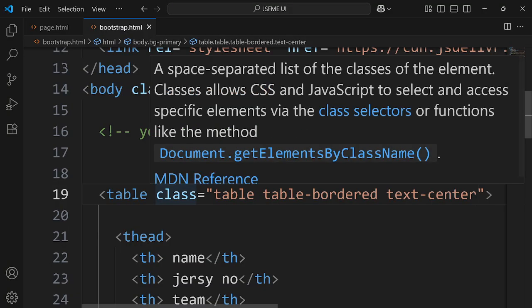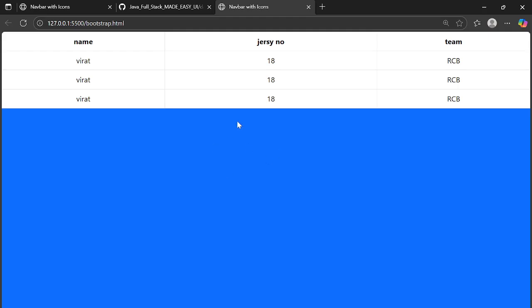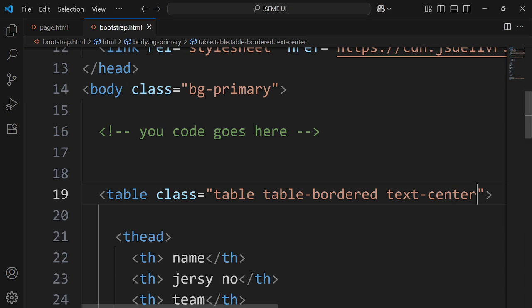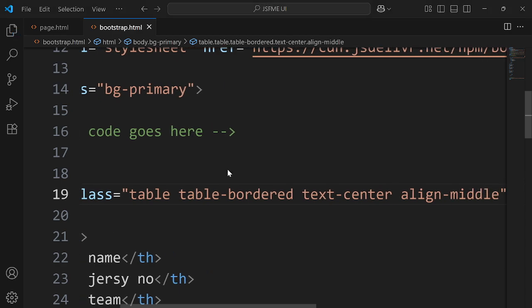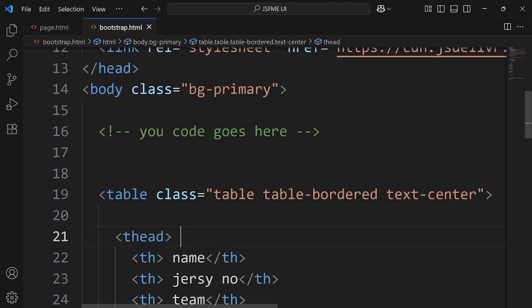And we can also align this table as well. Since the table has taken all the space, we can align this table in the middle as well. Let's see. Fine. Since it is extended to the entire width, if we give the width of this, it can take that width and apply it at the center. Anyways, we can do that. Then what we will do is